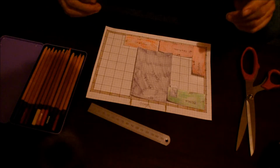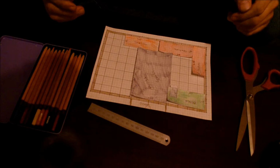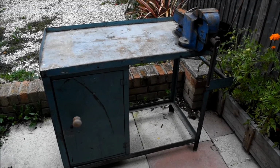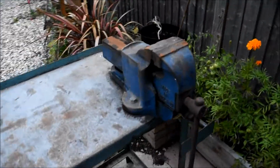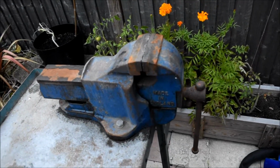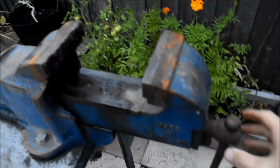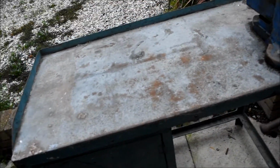Whilst it's still light outside, let's have a quick look at the vise and bench I just got, so you can see just what this thing is. So this is the bench. It's old, it's dirty, but it's really solid. It's something good to work on. It's got a nice big chunky vise on here. It's a little bit worse for wear, but it all works nicely. Hold onto here so that opens up. There's great big jaws on there. Nice and sturdy. Decent steel top, so I can do all the welding on there now instead of on the